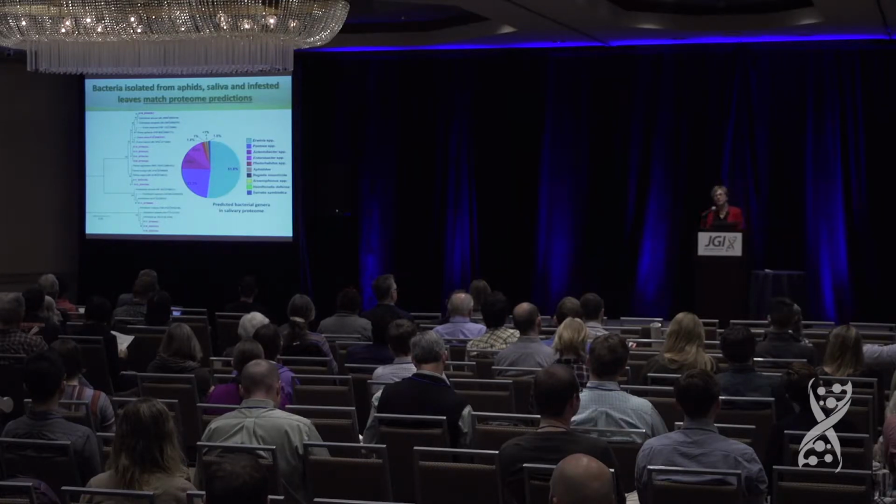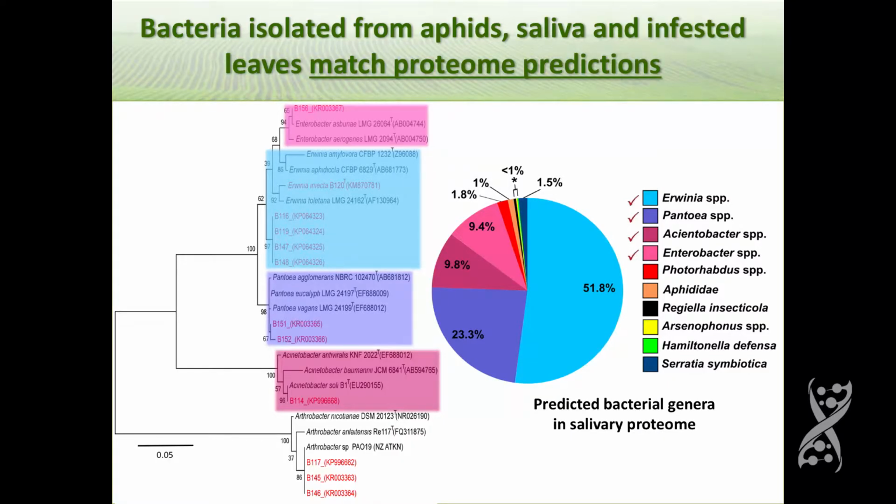And this is the tricky thing about aphids, is they have a group of bacteria that live in their gut that are essential for them to survive, that make amino acids that the aphid needs. So when you're treating aphids to get rid of the bacteria, you have to be very careful about those. So I'm sorry, I meant to show you the different groups that we found.